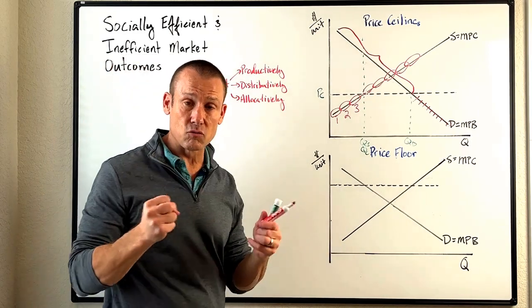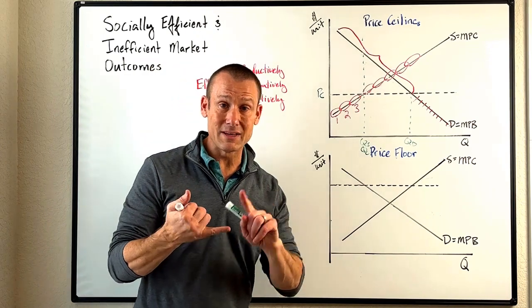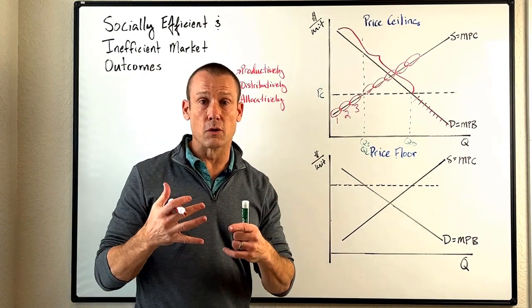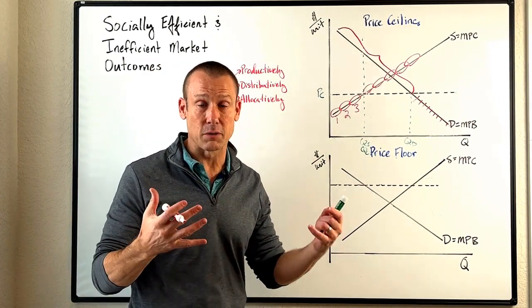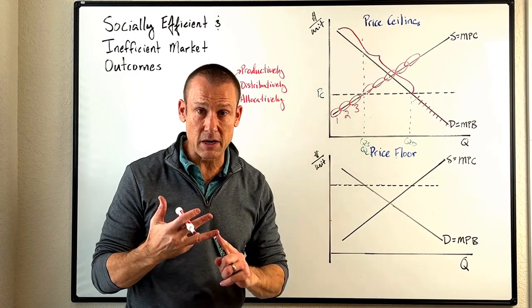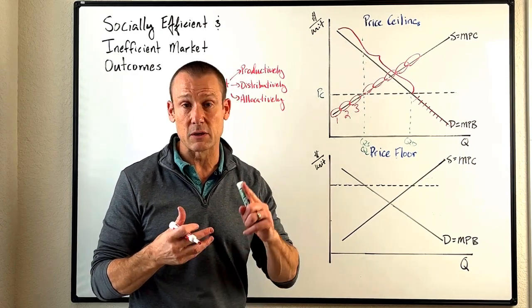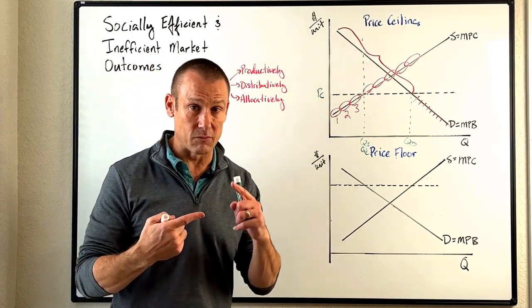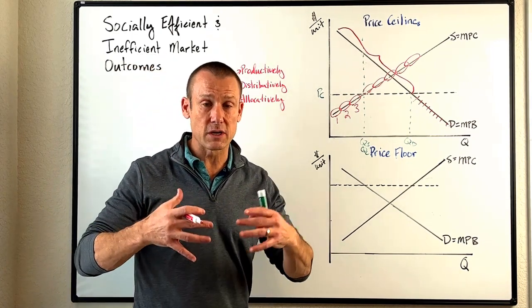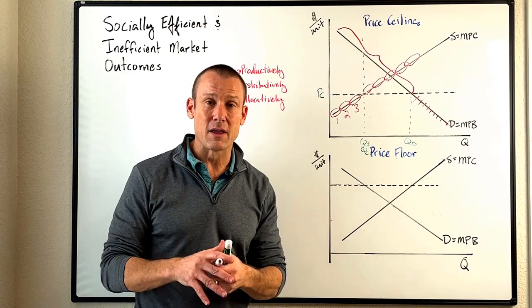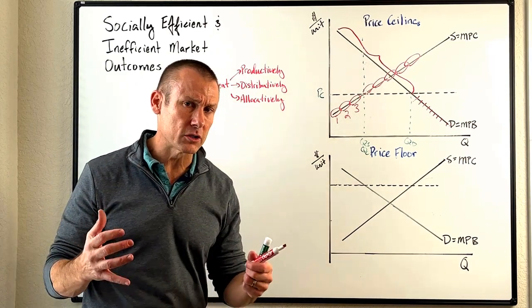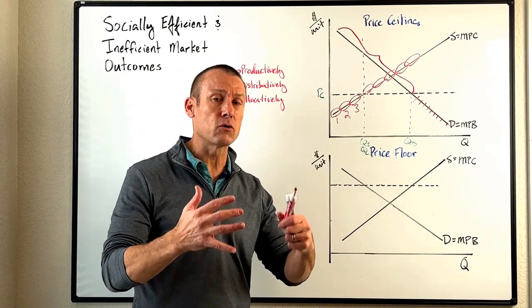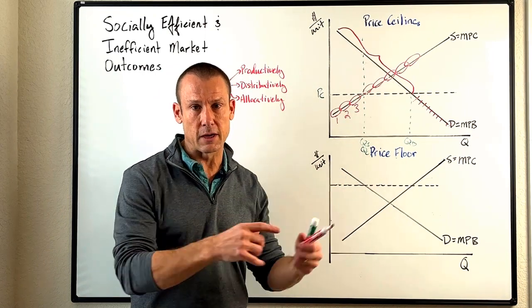What's going to step in and ration this good? Well, it could be networks, like who knows people that are suppliers of the good. Could be information. Who has better information? Could be proximity. Who's closer to the good? Oftentimes it's wait times, okay? So we can have wait times. Those things are now going to ration it. And guess what? Those things, by and large, in no way tell us who values the good the most, okay?